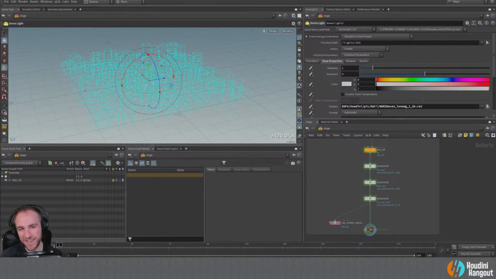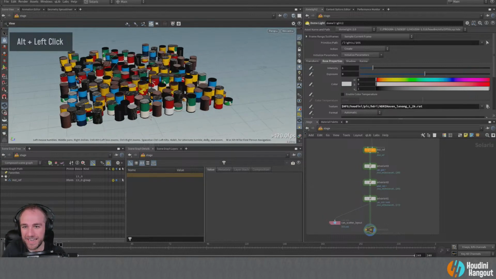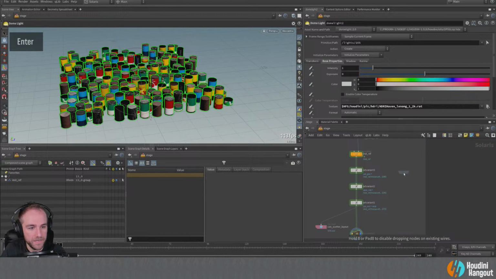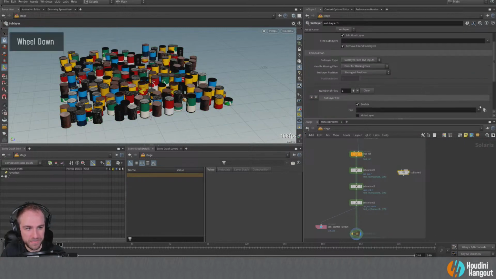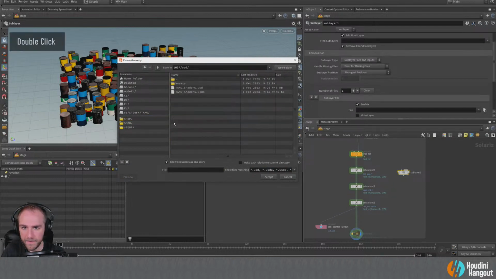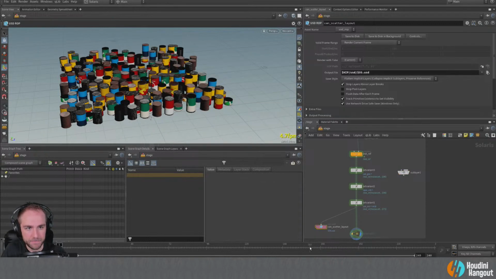See, unloaded it and then it's fast. Then I should just write it to disk. So let me just show you that too, that if we sublayer this in from disk, it should not take as long to read everything in. Let's just see here, sublayer. So I'm just going to load this back in from disk. That's a sublayer. Oh, right, sorry. I need to save this. So this is the scatter layout. I'm just going to save that to disk.